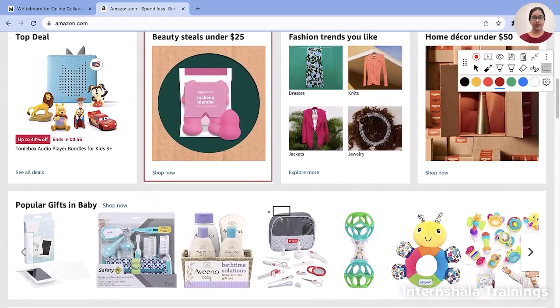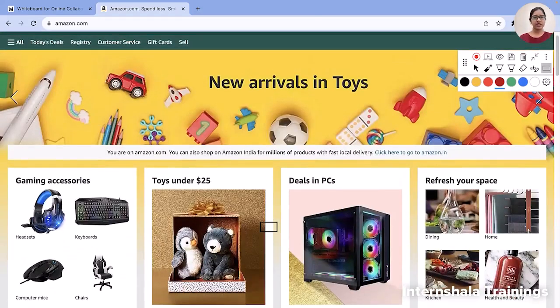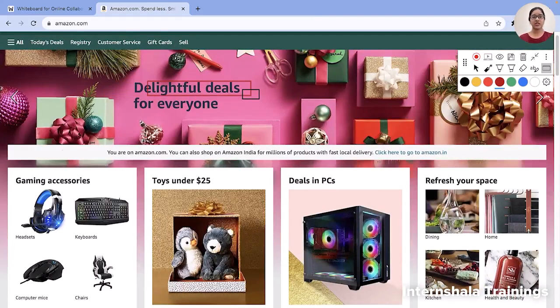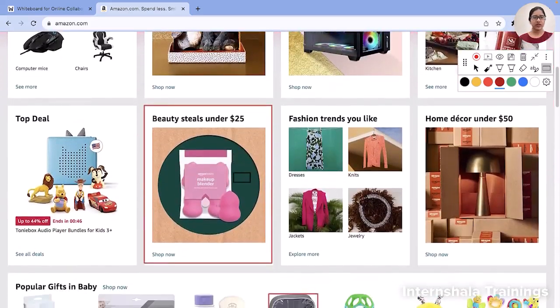Any particular image is a box. Everything, even this small text, is a box. Everything in CSS, everything inside HTML, is a box. Any page you develop, everything is a box. Even this is a box in CSS. This itself is a box in CSS. This is a box in CSS. So anything is a box inside CSS.